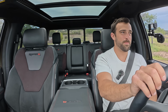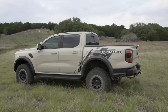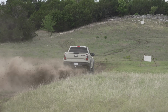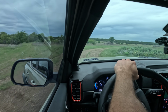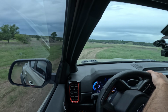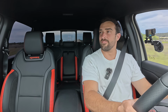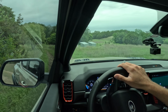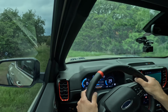There's a quick little rip in the Raptor R. Let's go ahead and jump in the Ranger Raptor and see what we think. Oh my gosh. Oh, grin factor is high on this one, man. But we get right here again with these 2 trees. It's still a little tight, but not bad at all, and I just feel more confident punching it